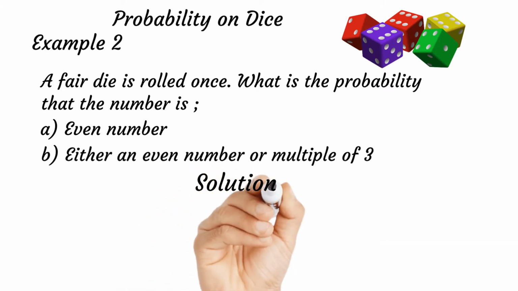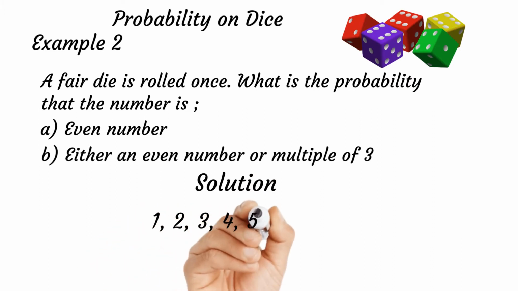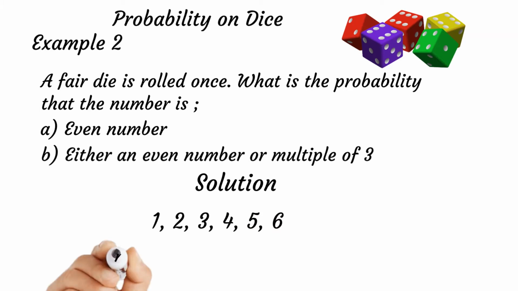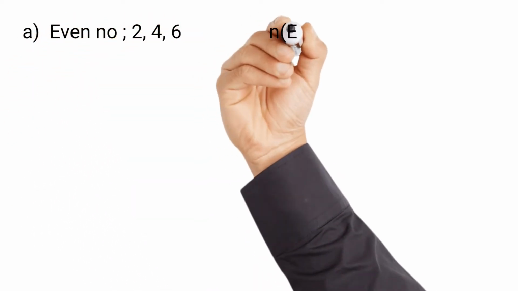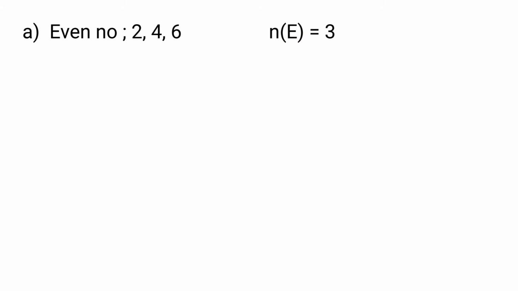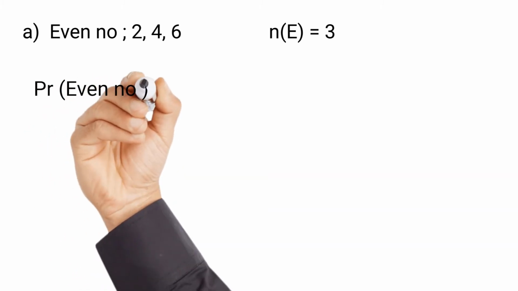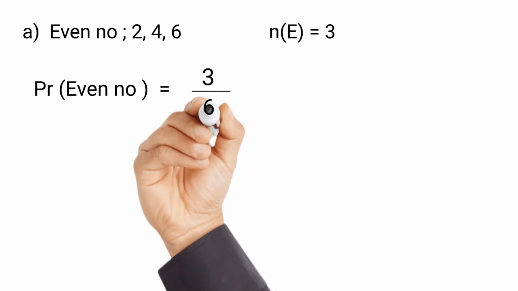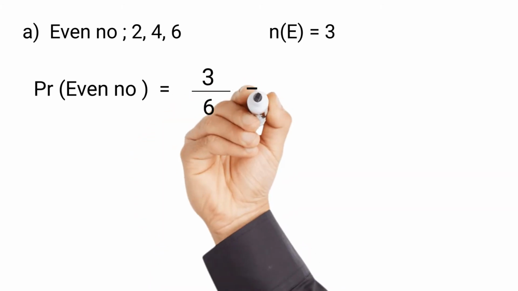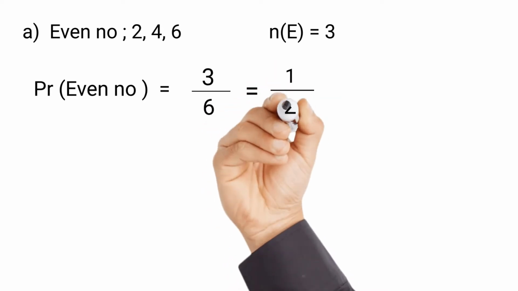Solution. Say the dice has 6 faces. So we list from 1 to 6 in this case. All right? So the number of sample space will be 6. A part of the question, even numbers between 1 and 6 are 2, 4, 6. So number of event space will be 3. Is that okay? So probability of getting an even number will now be 3 over 6, which is our sample space. Is that okay? So we can break it down because 3 can go into both of them. So you have 1 over 2.